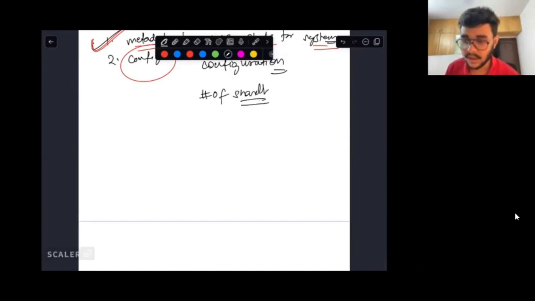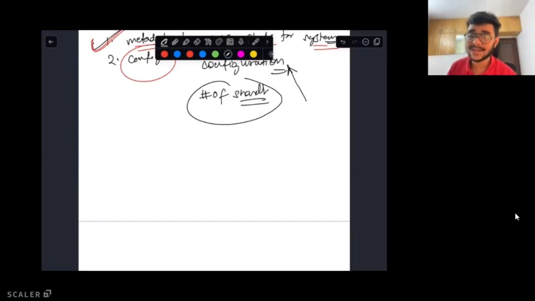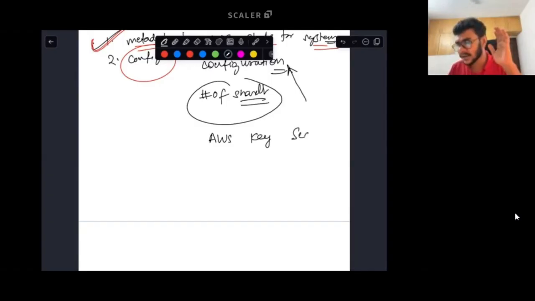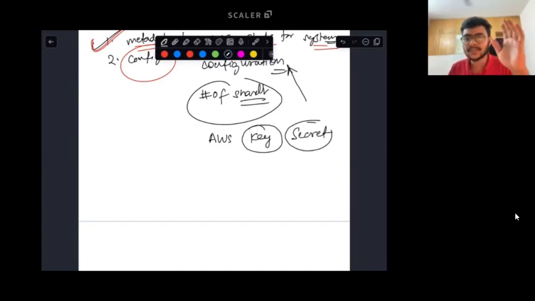Yes. IPs and ports. Amrita, it's not a configuration parameter. By configuration parameter, I mean something that will definitely not change a lot. Something that is going to remain constant for a long period of time, right? For example, if any one of you has used AWS, GCP, or Azure, all of them end up having some sort of a key and secret with which you access a specific database.